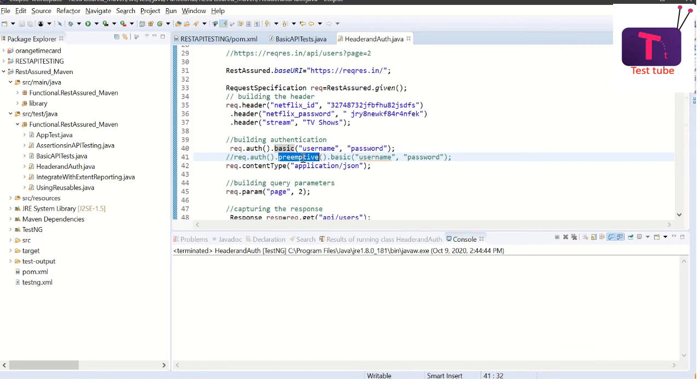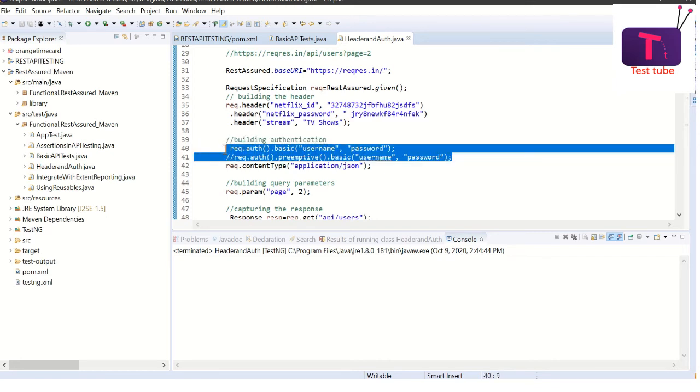So it won't let step one happen. Instead, step two comes directly into the picture, so we don't have to go through step one first. That's what preemptive is for. But functionally, both these methods are for authentication purposes.